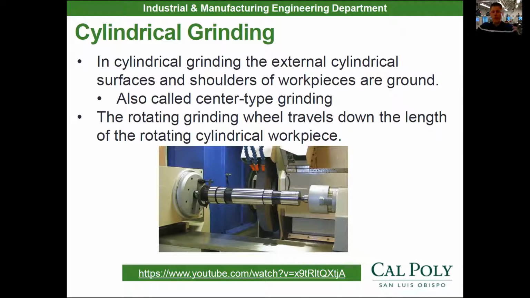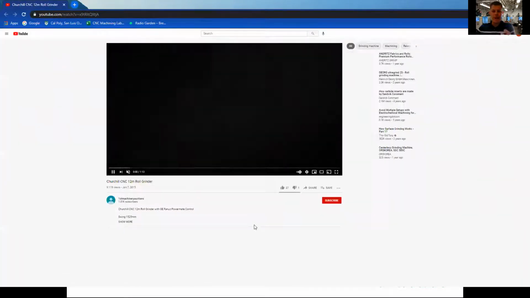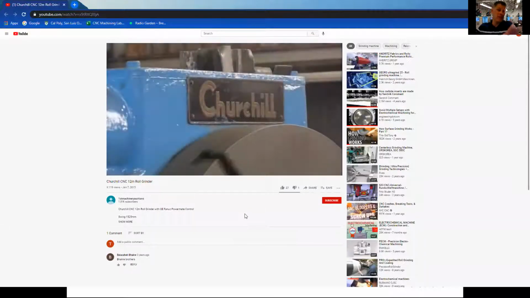So the workpiece is still turning like on the lathe, but now instead of that single point cutting tool, you have a grinding wheel. And it just comes down and it grinds the diameter of the part right there. So that's how shafts are made that have bearing surfaces that need to ride basically and have a nice tight tolerance and good